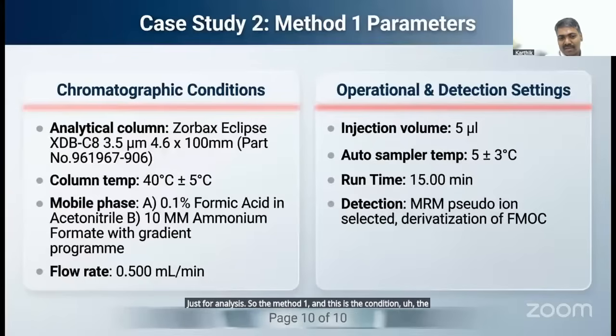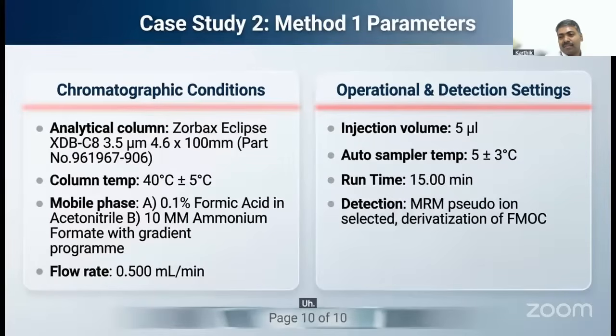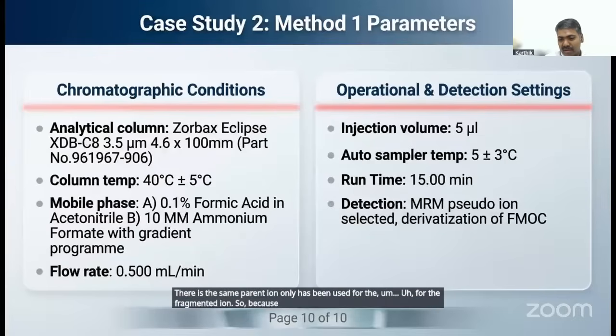The column we have used is a C8 column, and the mobile phase is 0.1% formic acid and acetonitrile with 10 millimolar ammonium formate. We have gone for a gradient program. And here we have used pseudo MRM, that is, the same parent ion is used for the fragmented ion. Because we kept the same pseudo ion, we got interference peaks